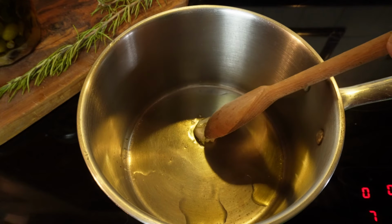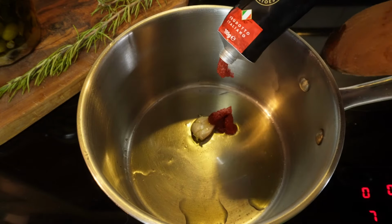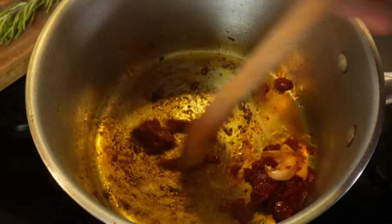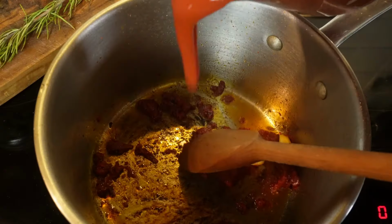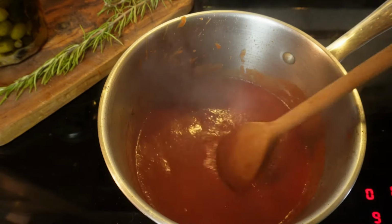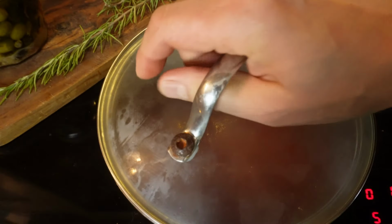Temperature is fairly high and the garlic is beginning to sizzle, and I'll start by adding a little tomato puree first, about 1 tablespoon, and I'll mix it in. And the reason why I'm adding a tomato puree, by the way, is because I want the sauce to be a little bit thicker. And I'm now adding half a litre of passata. My sauce is beginning to boil. I'll turn the temperature down on the medium-low, I'll put the lid on, and I'll leave it now to simmer